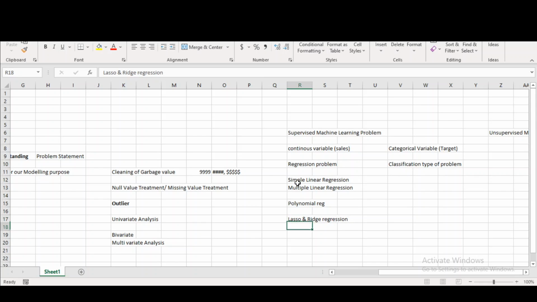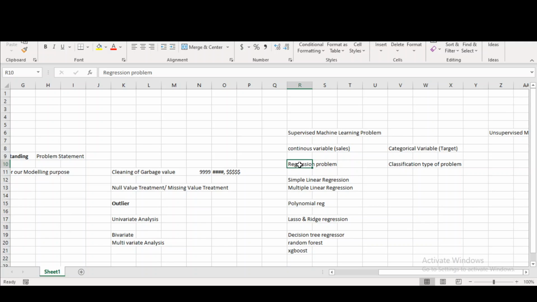After that we can also do it with decision tree regression. We will have random forest and XGBoost. All these will be there, and we can solve our regression problem with them.